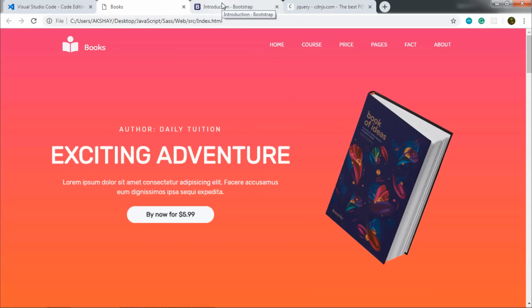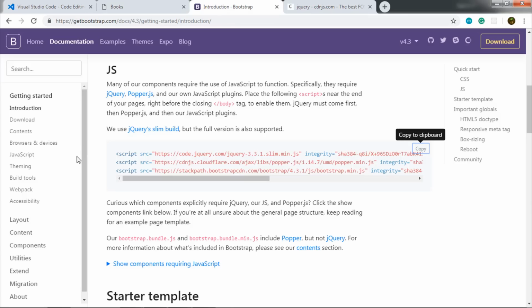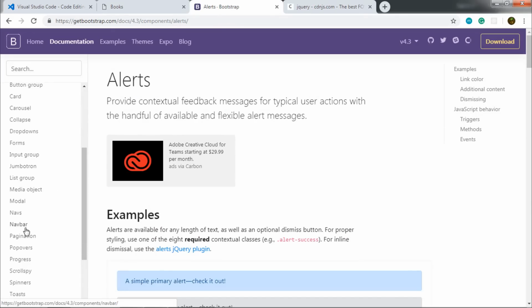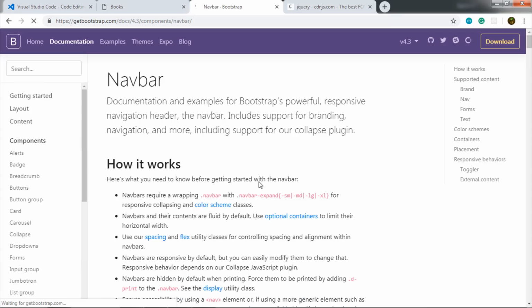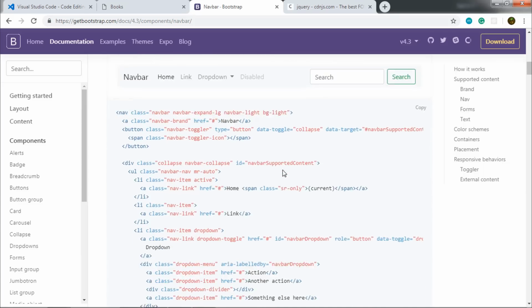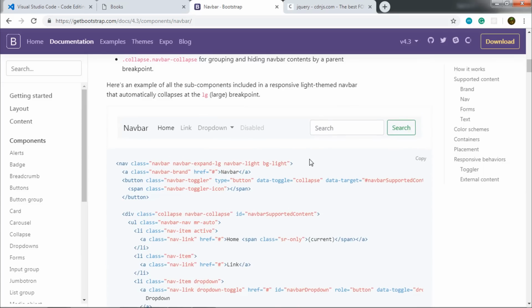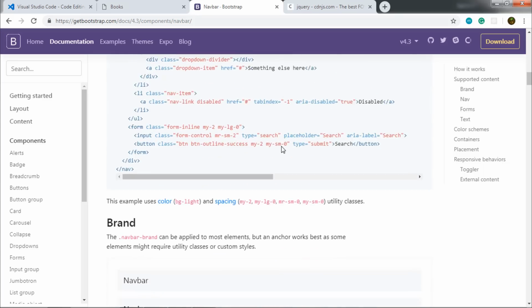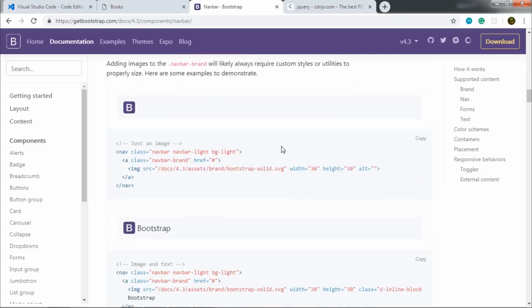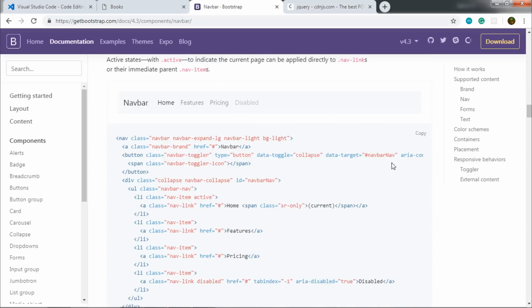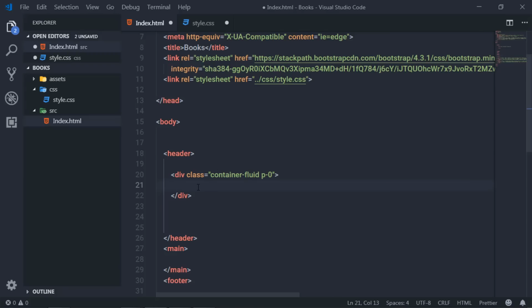So I will open the Bootstrap website, and here in this component section you can find the navbar right here. Just click on it, and from here you can choose your own navigation menu, right? Here you can find different types of navigation menus, so just choose your own navigation menu. So I'm going to choose this navigation menu, right? So I'm going to copy this code, so I will click on this copy button and paste this code here in this division tag,